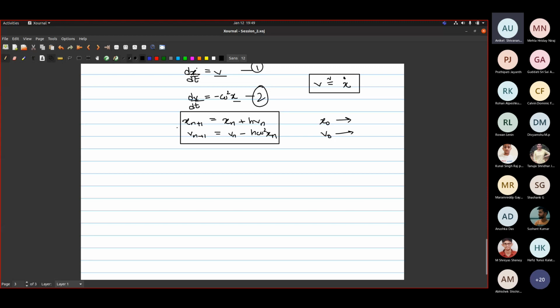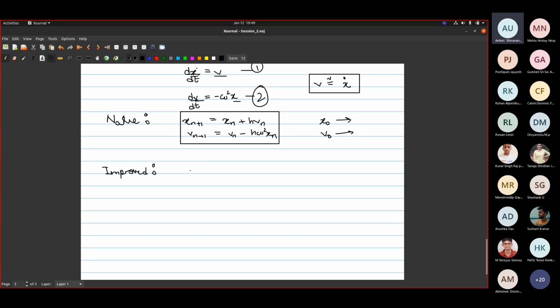algorithm that we wrote. What is the basic of it? We calculate x0, and from that we calculate x1, we calculate x2, and similarly it goes. So why don't we do the same thing here? This is our naive algorithm, and we want an improved one. What will be an improved algorithm?